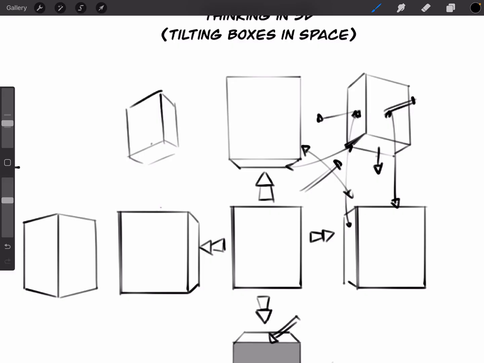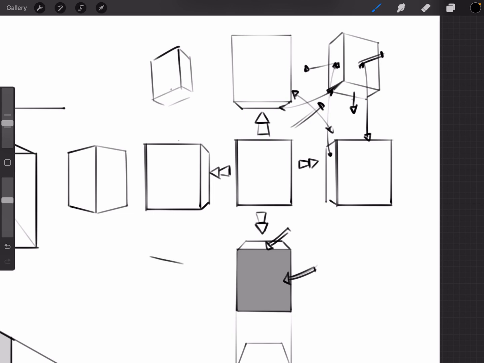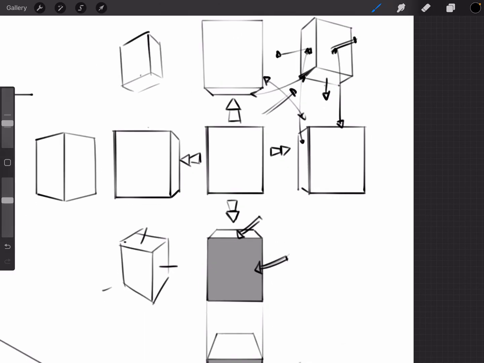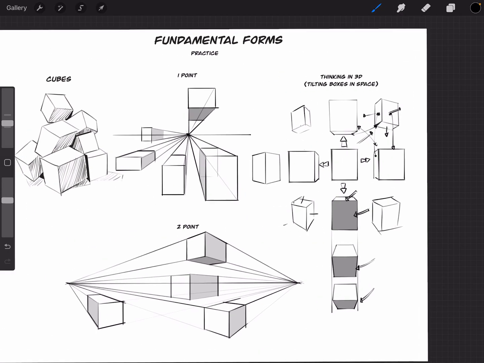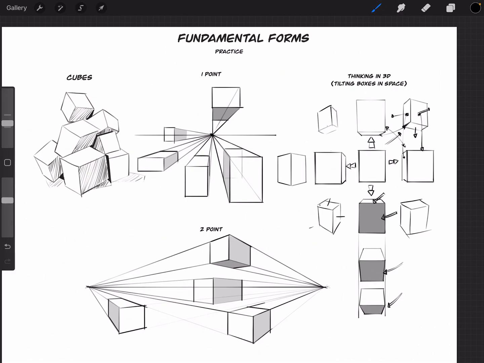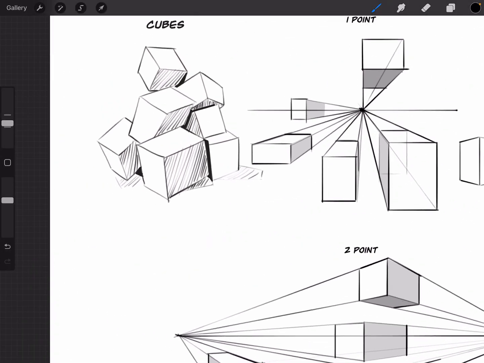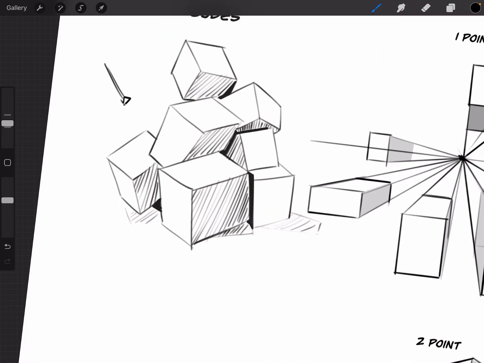So same thing here, and then we'll do another one here. We're seeing the top plane, the side plane, and the front plane. Same thing here. You get the point. So when we get good at doing this, this is when we graduate to here of